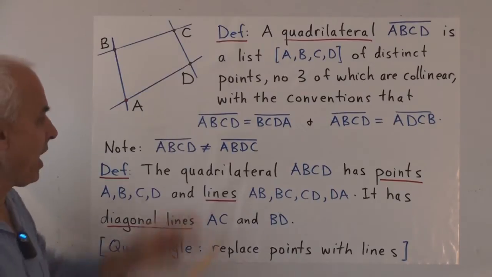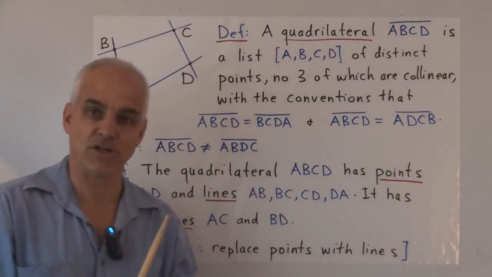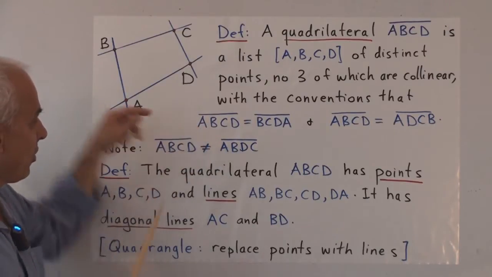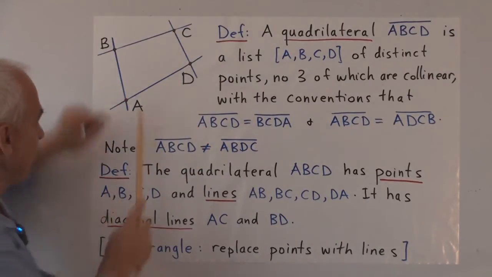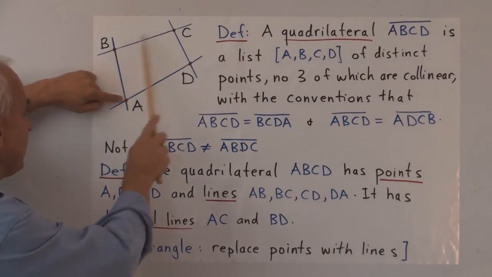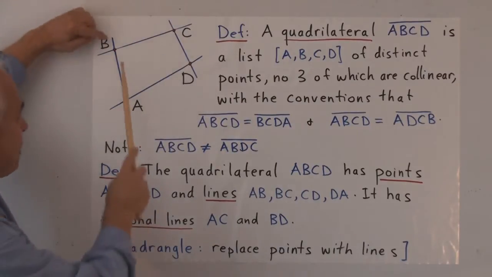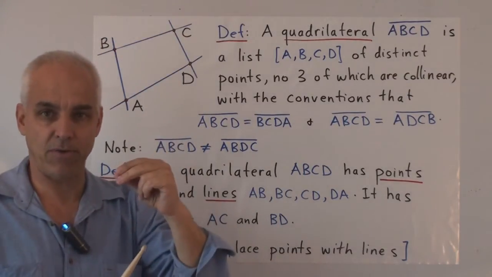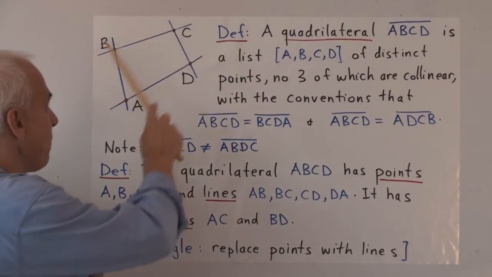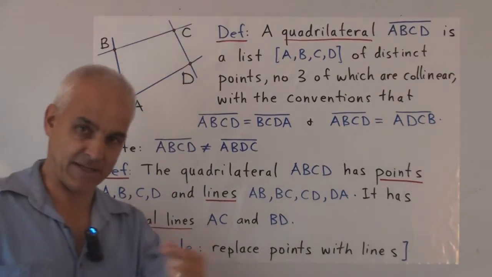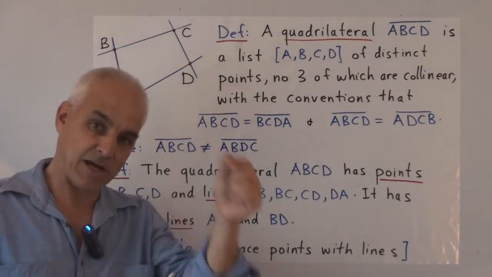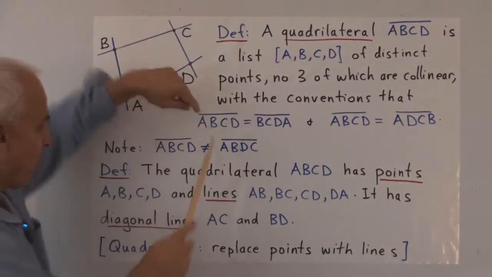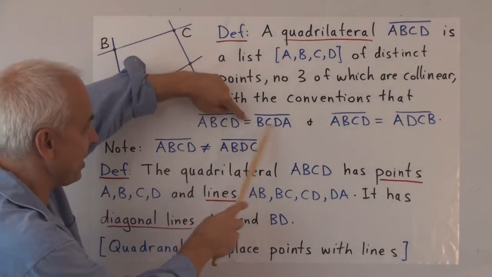That's clear enough. And what's the significance of these 2 conventions? The convention is here that we are allowed to rotate our list. So if one person says, oh, this is A, B, C, D, another person could come along and say, no, this is the quadrilateral B, C, D, A. And it would mean exactly the same quadrilateral. So in other words, which of the points we're starting with in our listing of them doesn't matter. The cyclical order does. And this rule captures that property. We're allowed to rotate the A from the beginning to the end.